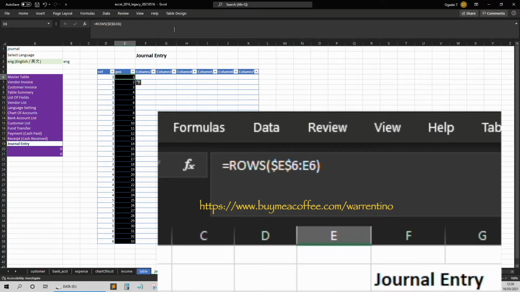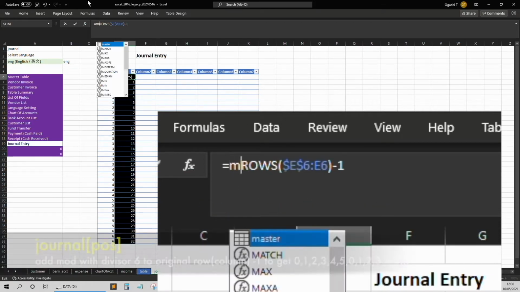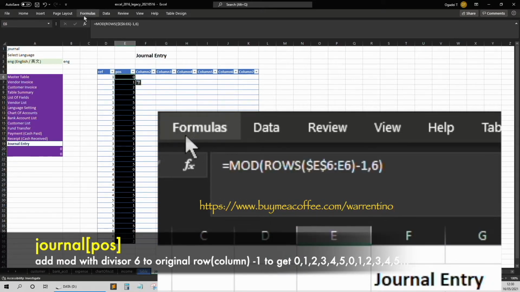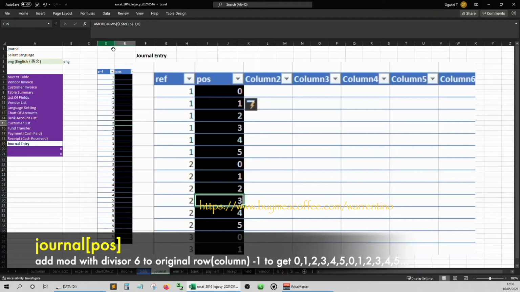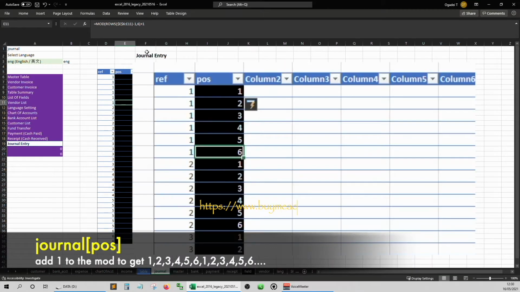For the position column, when we subtract 1 from the original row formula, we get 0, 1, 2, 3, right? Now we add a mod formula with the divisor 6, then we get a repeating sequence of 0, 1, 2, 3, 4, 5. Go back to the column's first cell and add 1, then you'll see the repeating sequence of 1, 2, 3, 4, 5, 6.